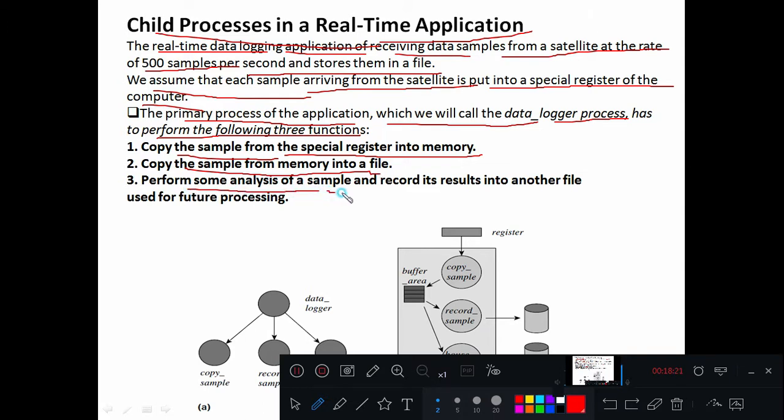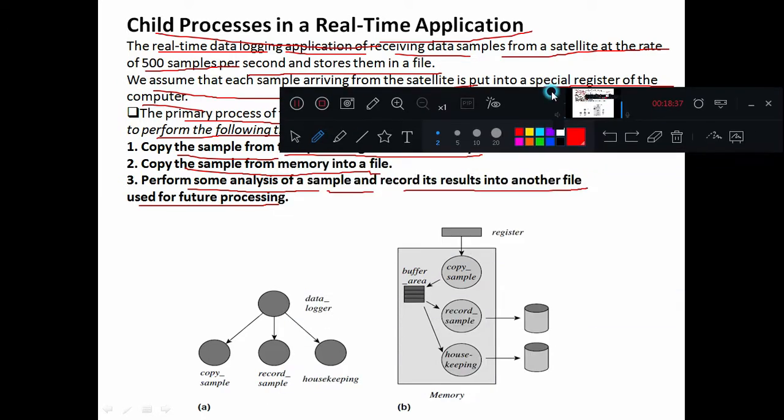Then perform some analysis of a sample and record its result into another file used for future processing. Once those samples are received, the analysis is performed on them, and the results will be stored in one more file. These are the different functions the data logger process has to perform.